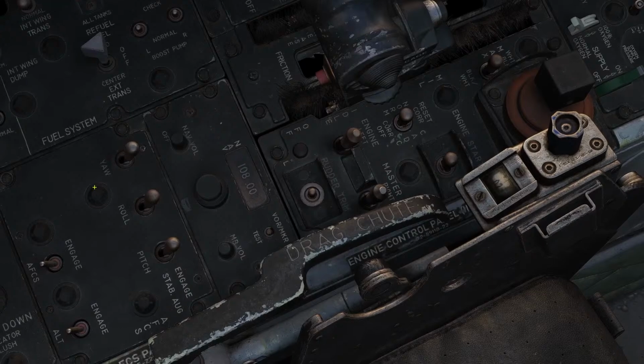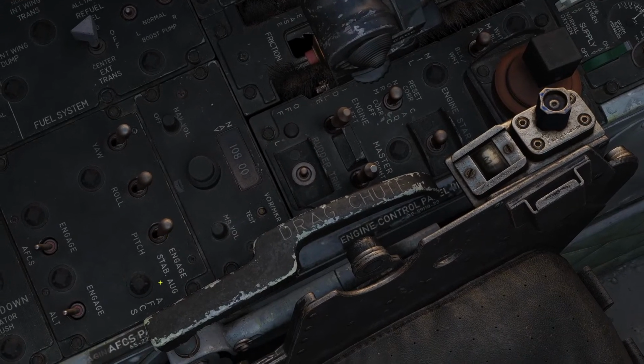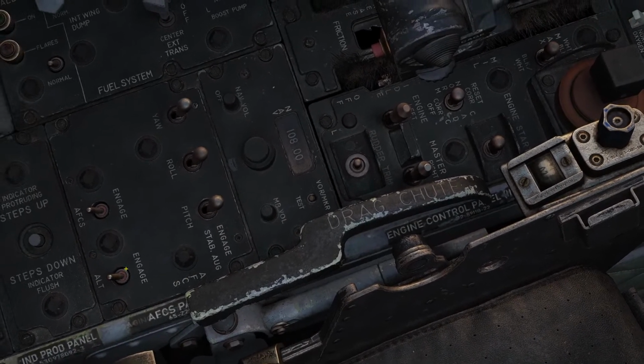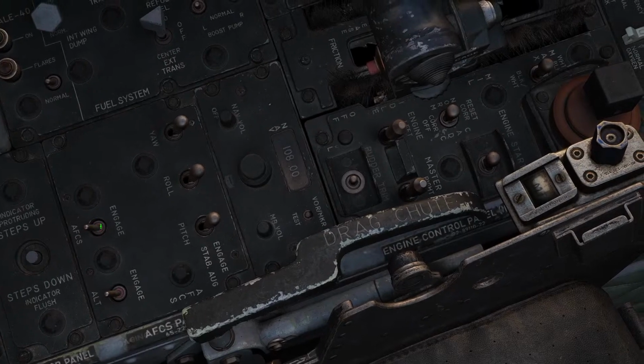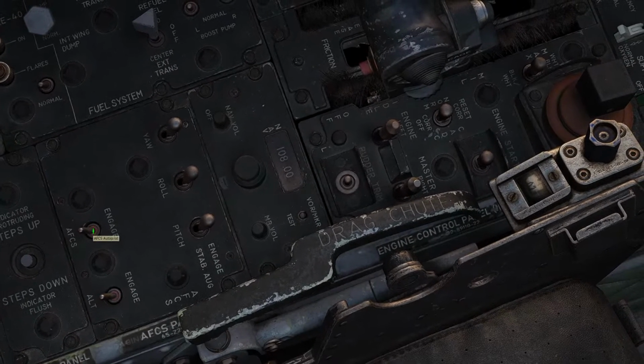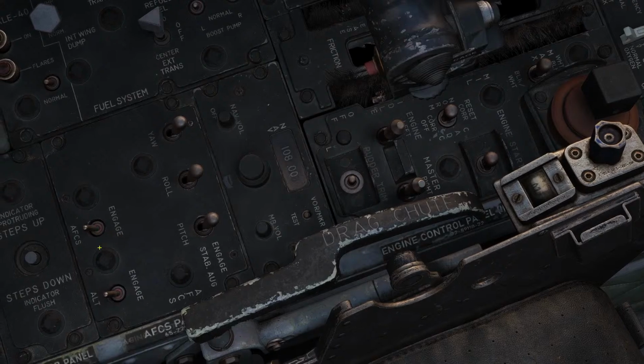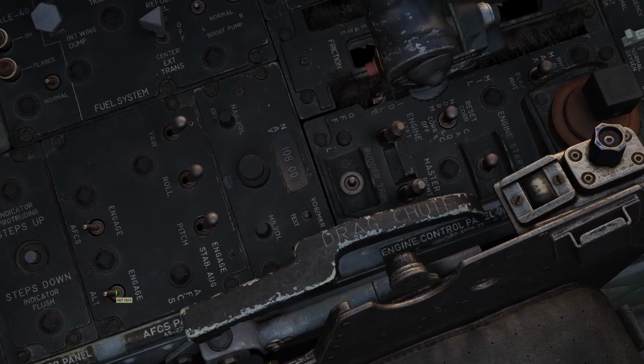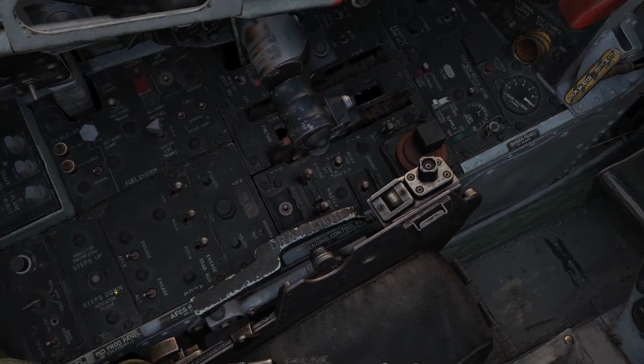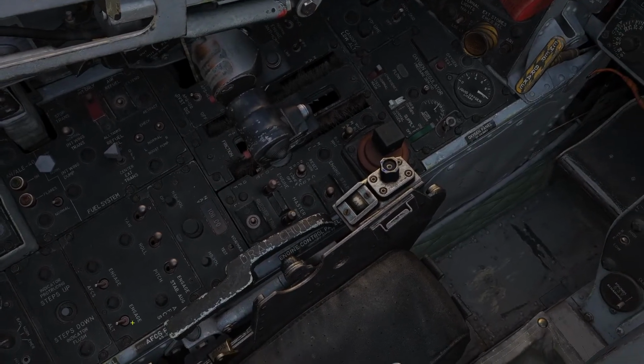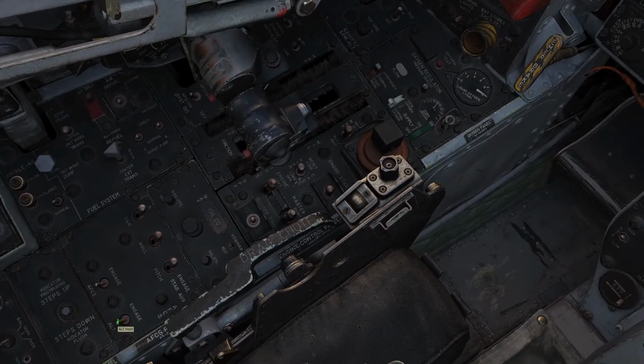If I look at those things here, yeah, so that's autopilot engage, I guess. And then altitude hold. So I could probably put those